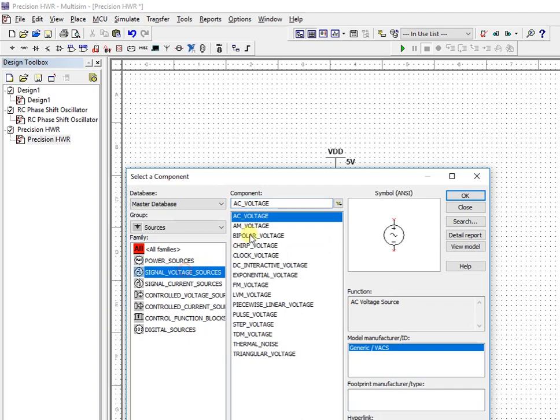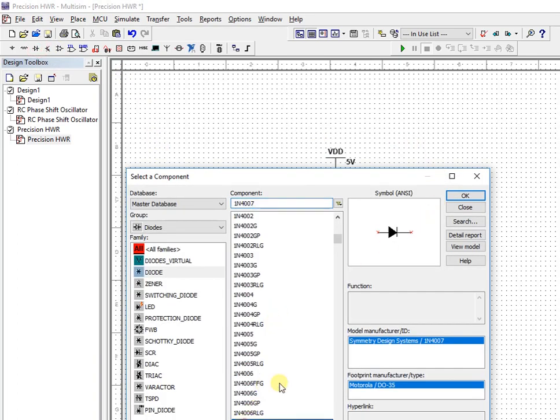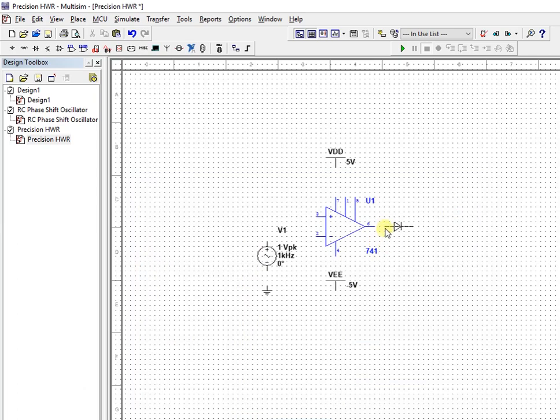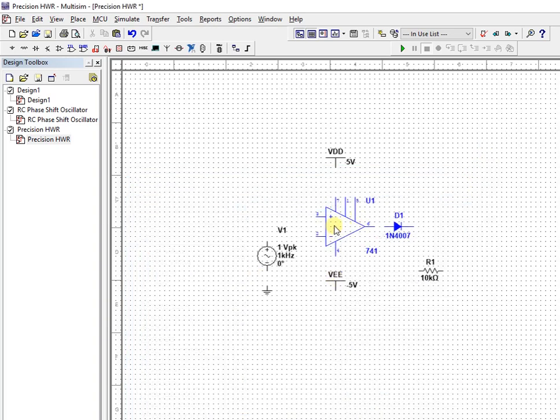When we place the components on the design window, usually these components will appear along the horizontal axis. So if you want to change the orientation, just select the component and right click and you will get an option wherein you can flip horizontally or vertically, or you can rotate clockwise or anti-clockwise. And to make the design simpler and neat, it will be very useful if you rotate or orient the circuit in an appropriate manner.